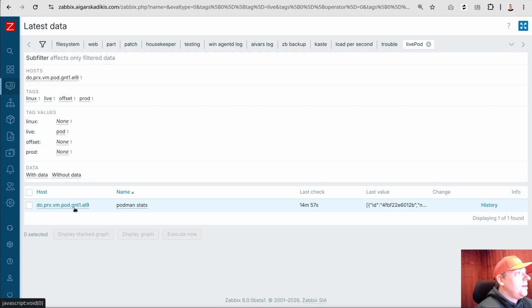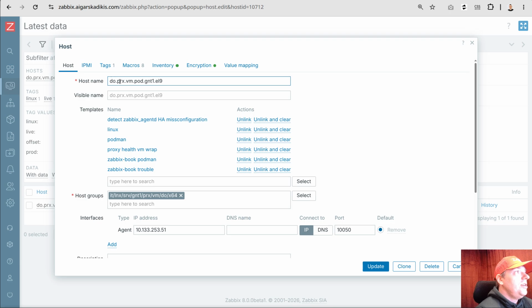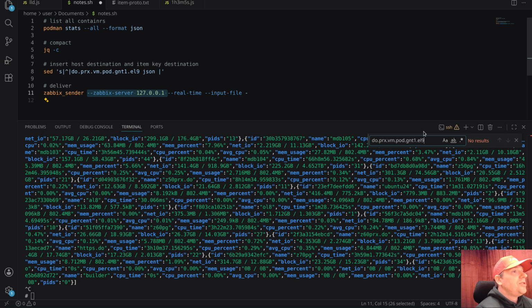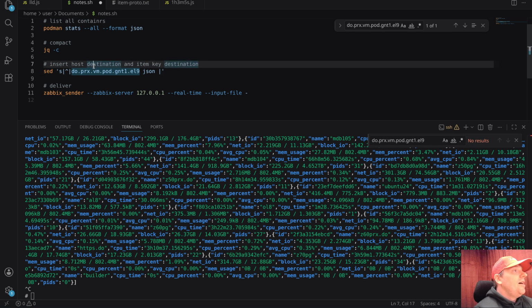If I click here on the host name and open this, I can see my host technical name is this DO proxy and the pod and agent 1 enterprise Linux 9. So this is my technical host name. I can copy it to the clipboard, and here I have the same pattern at the top of the screen. With the substitution tool, with sed, I can